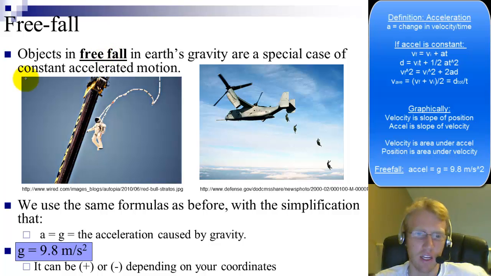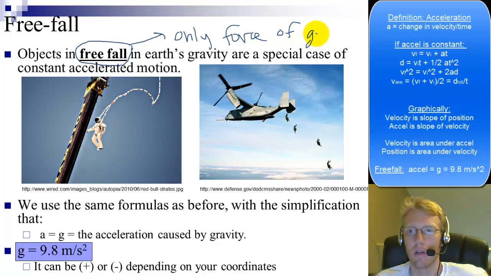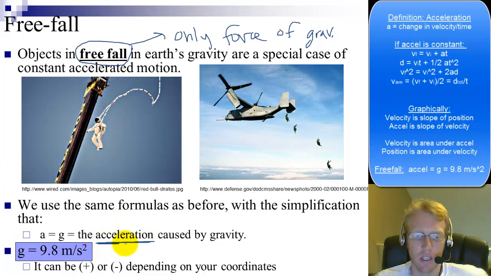I know in real life, in any of these situations where someone is skydiving or bungee jumping, etc., you're going to have to take air resistance into consideration. But for this class, we are defining freefall. So if something is in freefall, then only the force of gravity is on it. And if only the force of gravity is on something, then its acceleration is caused exclusively by gravity. And there's a known measured value for the acceleration caused just by gravity, and that is 9.8 meters per second